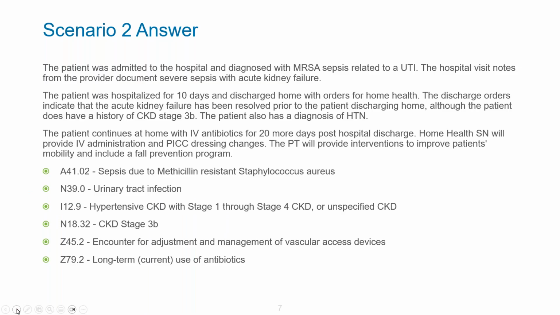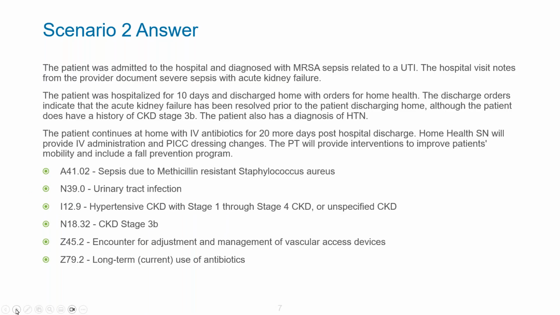So our first code, sepsis due to the MRSA, A41.02, and then the UTI goes secondary, so the N39.0. And then this patient had hypertension and chronic kidney disease, so we have that code that we have to do with the combination. So our hypertension CKD was stage 1 through stage 4, and then our specific CKD stage,